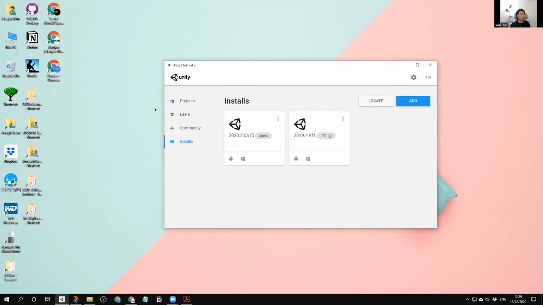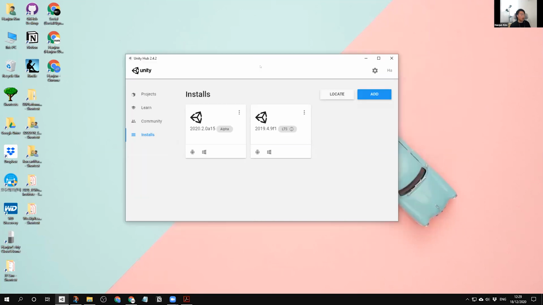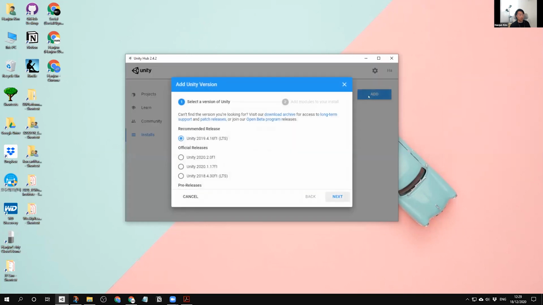19.4.9, from outside of the Unity Hub, it's fine. You can directly, I think you're going to have the shortcuts over here, something like that. Then you can just directly open it. Either we can just start with open this one, and then maybe if you just install the Unity from the latest version, so like add,